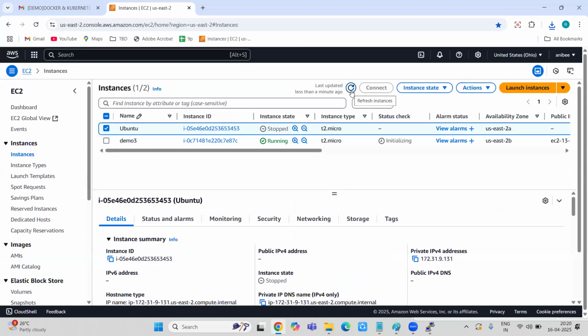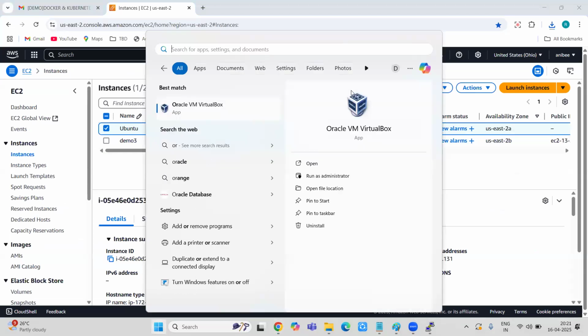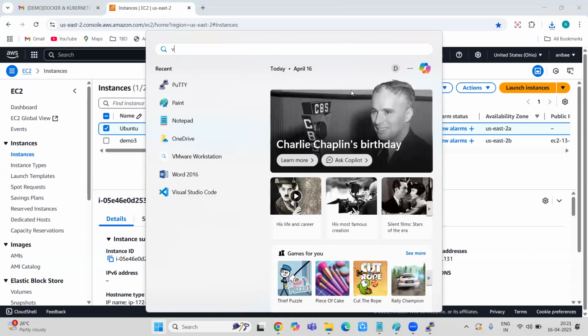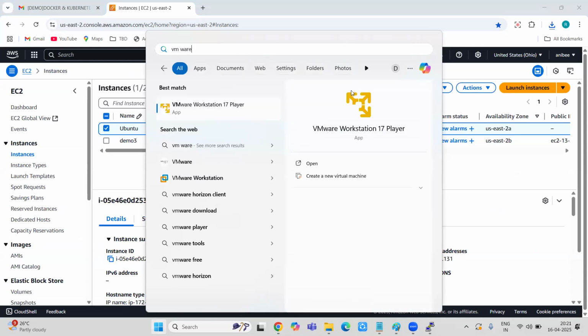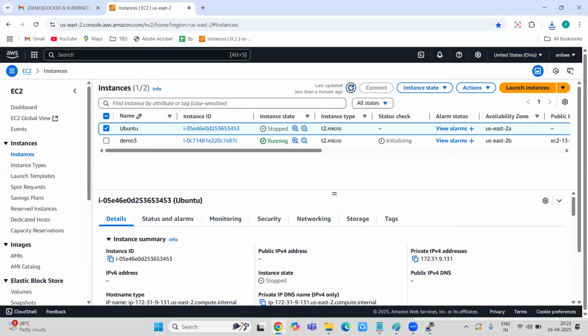That will almost take an hour. I do have Oracle VirtualBox and a CentOS image, which is almost 1 GB.